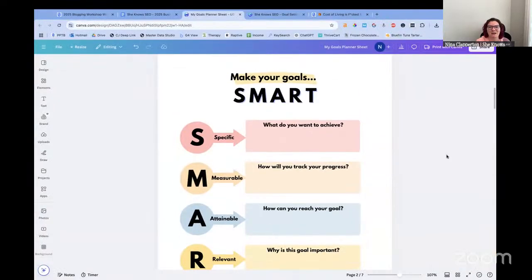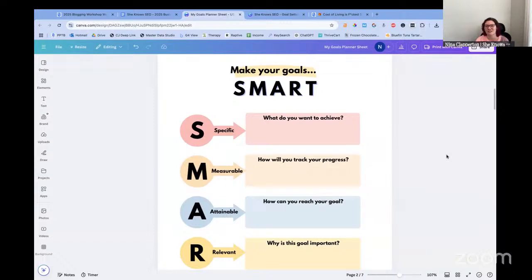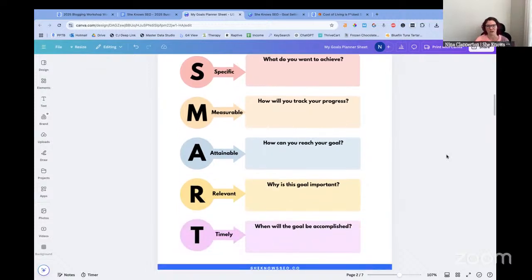So here we have the SMART goal section where you can fill in what it is that you want to achieve, how you can figure out if you're going to achieve that, is it actually possible for you to do it, why does it matter, and when will it be accomplished? This is something that you'll find in a lot of mindset books, but essentially they're saying we need to pick a goal that isn't unreasonable, but that also has a deadline. What I find most people do is they say, I want to get into Mediavine, I want to be a millionaire, and then they don't do anything to get there because when do they want that to happen? Should it happen this week, next week, in a year, in 10 years?